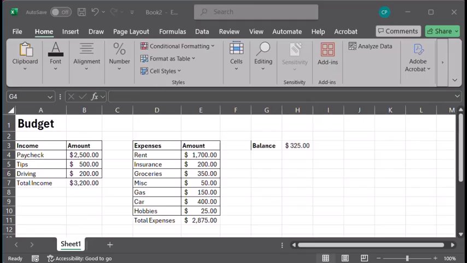And one of the best things about Excel is that when you use formulas like the sum that we used here, they automatically update as data changes. So if I go in and say, oh, my rent is going up and now it's $1,900 per month, we can watch and see that the total expenses and the balance are both going to change when I change that number. So my total expenses has now gone up, my balance has now gone down. So we can dynamically sum the data using formulas like this.